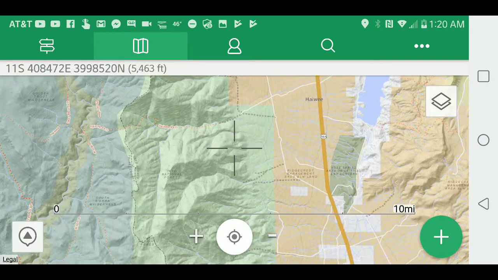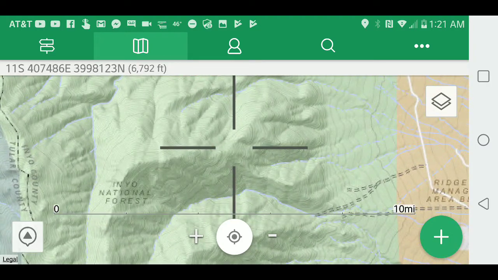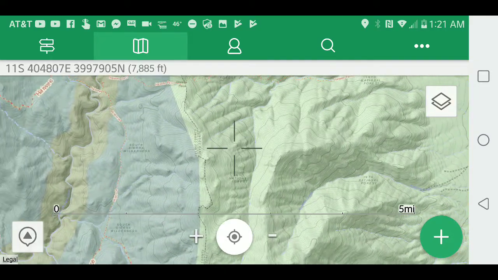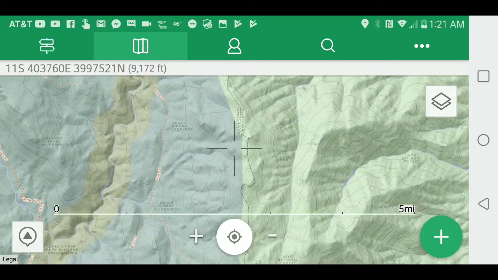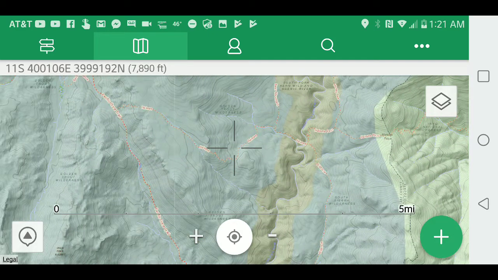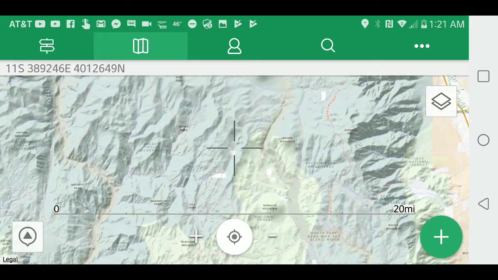This shade of green over here signifies National Forest. And if we zoom in, we can see Inyo National Forest. Over here, where it gets kind of a darker bluish green, this signifies a wilderness area. And if we get even further up,